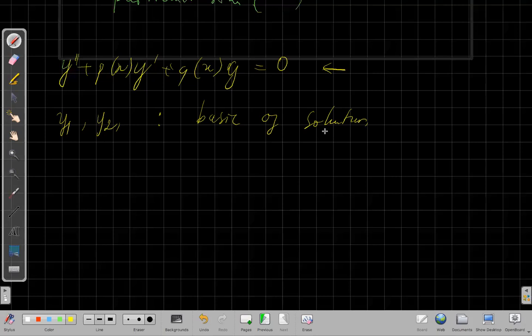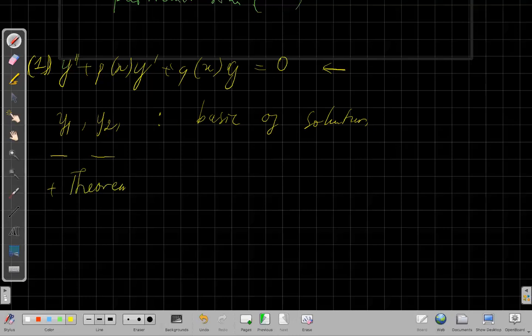Basic of solution. Remember, we can consider that this is a solution, and this is also a solution of this equation, and I name it the first equation, equation one. And we have the first concept,